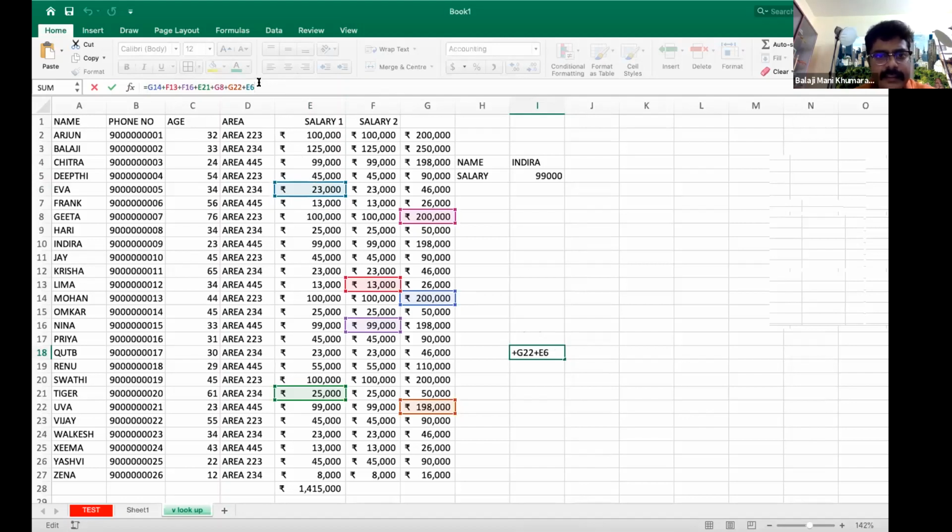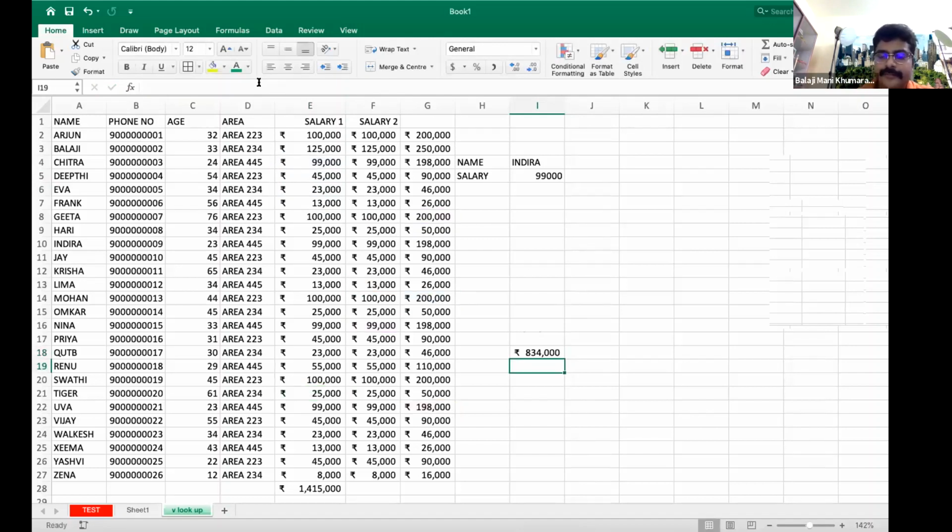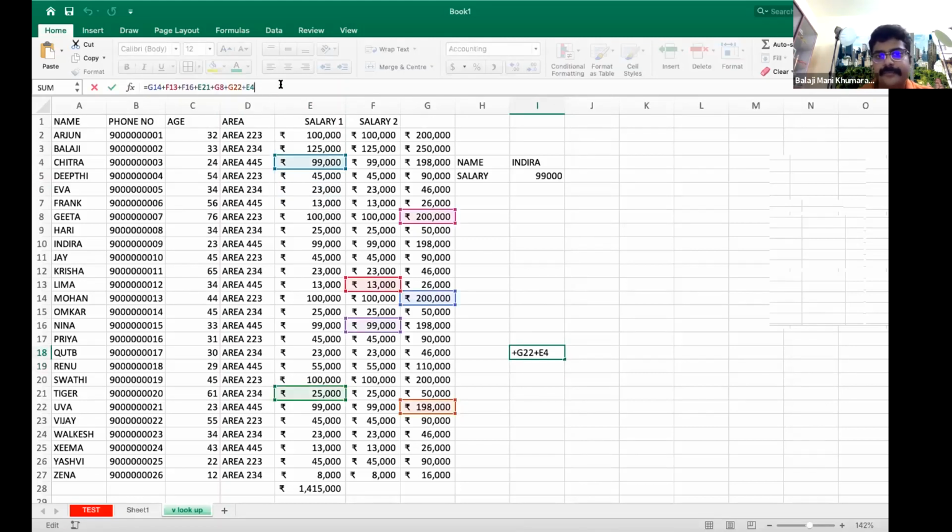Instead of E6, I just have to mention E4. If you see, from this 23, it has moved to 99. Okay, and I just give enter, and the formula is changed.